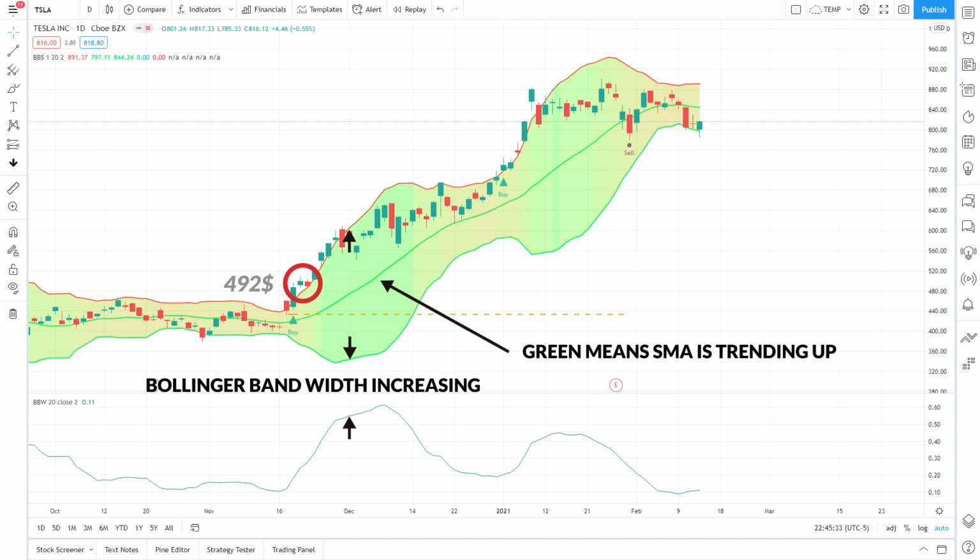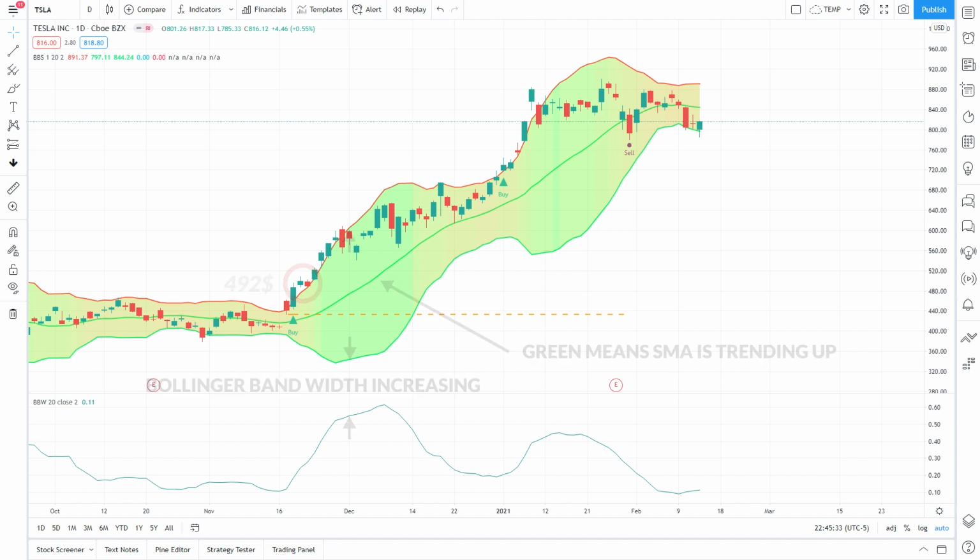Our stop loss, as per our rules, is set at the lowest point of the previous candle. In this case, our stop loss would be here at $433.01. If price was to go below $433.01, we would exit our trade immediately for a 12% loss of $58.99 per share. As is the case in this example scenario, our stop loss is not triggered and we ended up capturing a